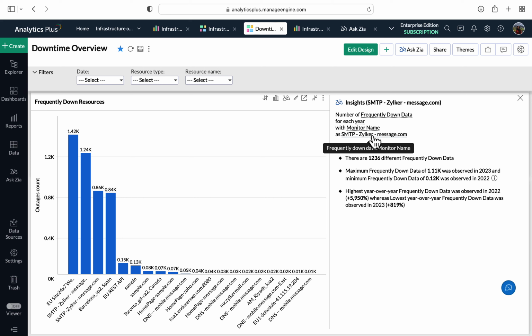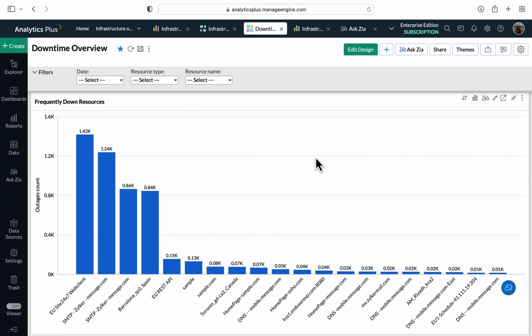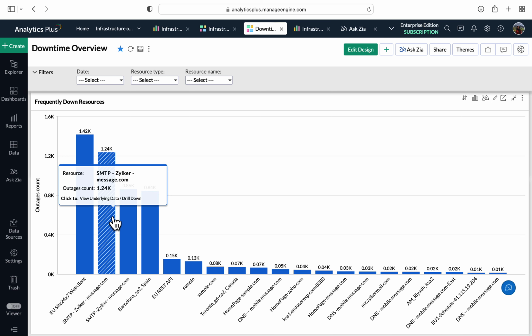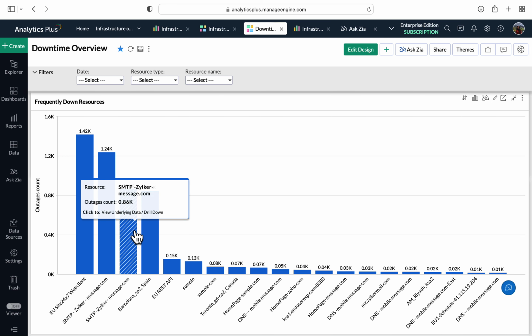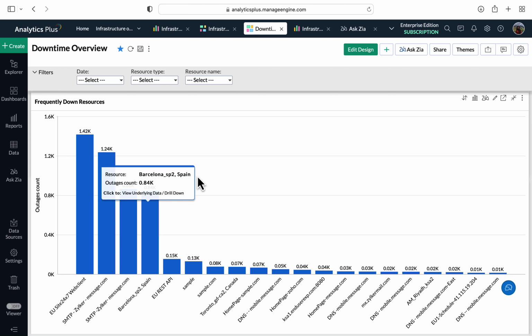For instance, you can discern that in addition to experiencing the highest downtime within the organization, the duration of this server's outages has increased in 2002. This is a good indicator that your organization stands to benefit by quickly provisioning an alternate for this faulty infrastructure. To understand the duration of outages further,